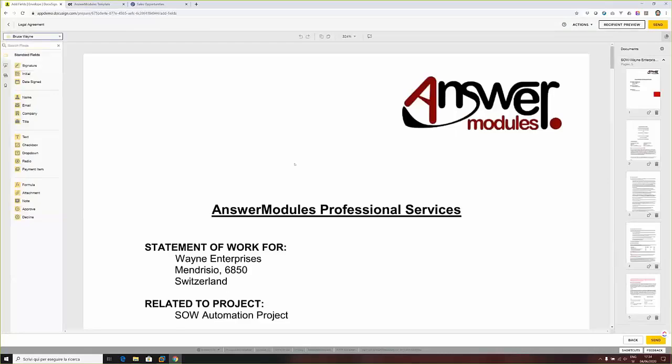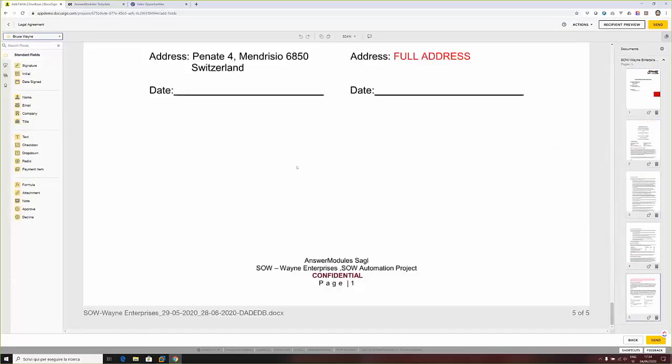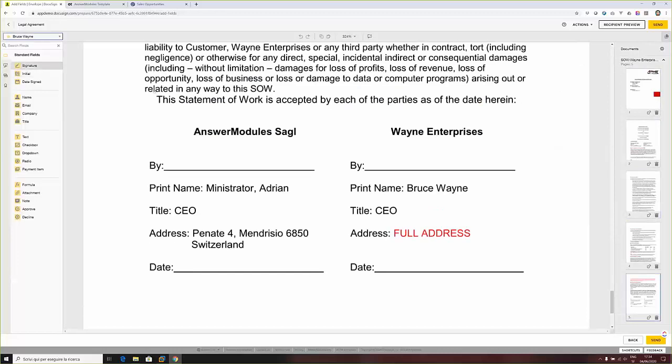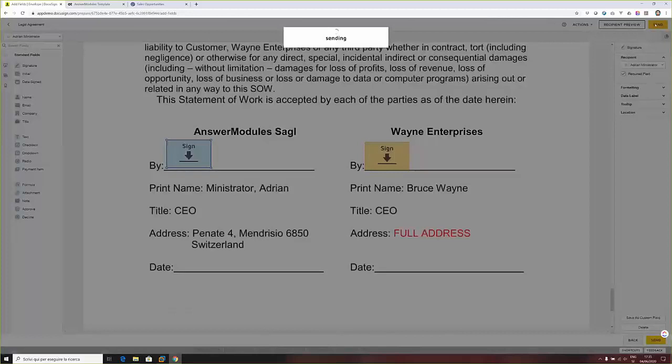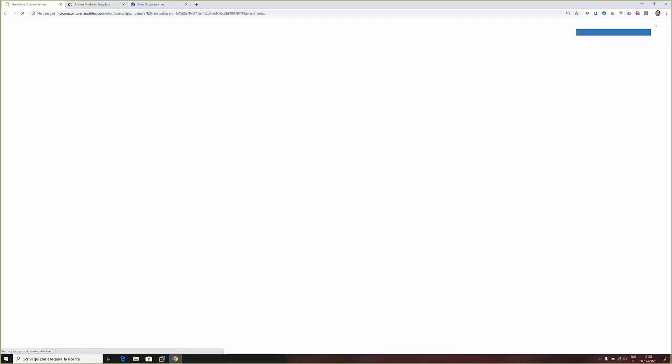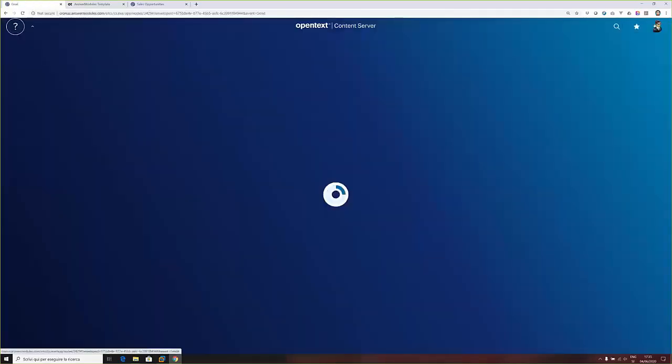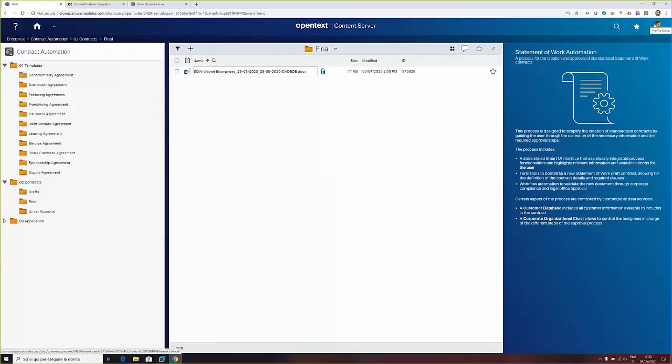define where Bruce Wayne should sign. So I just put the signature here, and where we have to sign the document, and then just send it, and we will be redirected back on content server in the exact same place where we were. The main difference is now the document has been automatically reserved, waiting for the signed version of the same to be synchronized back. So this is a great example on how the new functionality, custom menu, combined with smart pages,